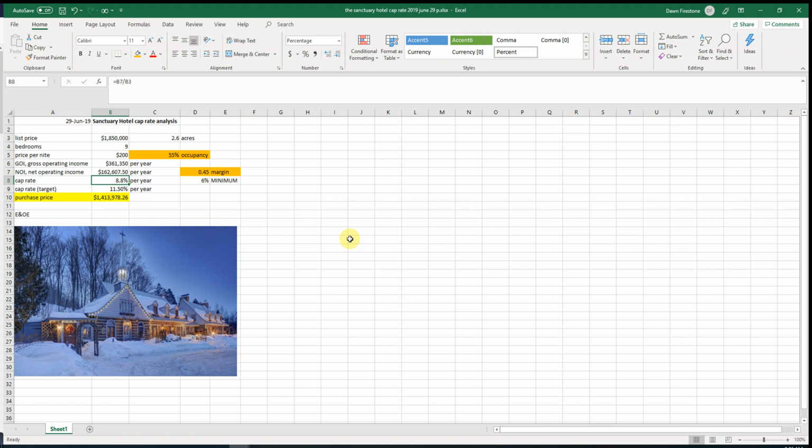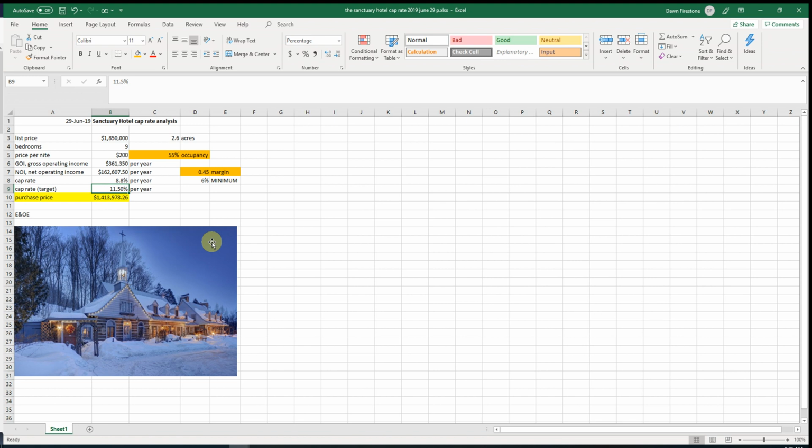But this is a commercial investment. There's a lot of work involved. It's like you have a full-time job, maybe more than a full-time job. So I don't think that's appropriate. My client and I discussed what their target cap rate would be, and he and his spouse would like 11.5%, which I think is reasonable. When you're buying property that's not inside a busy urban area like the cities I mentioned a few seconds ago,